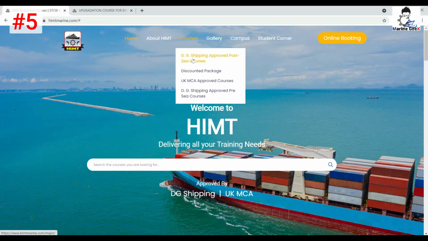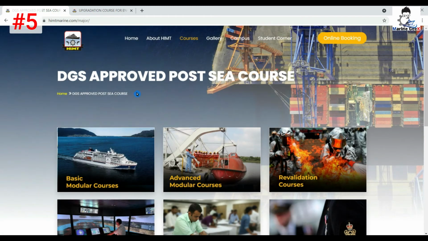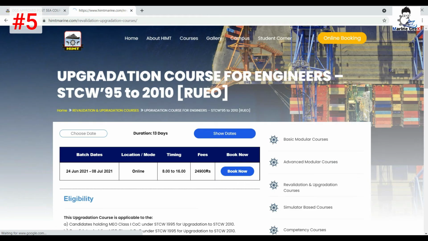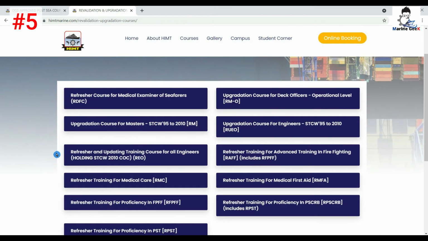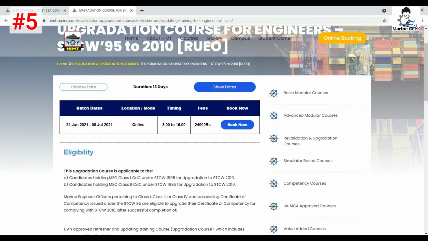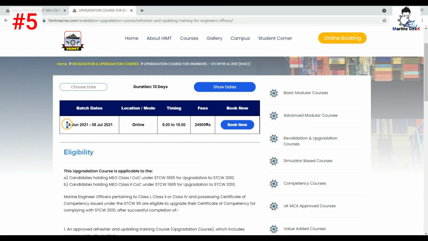I have found out that HIMT is conducting this particular course for engineers, at least the 11 days course, and you can see directly from their website that they have clearly mentioned that the REO course is there for STCW 2010 to 2010, and the RUEO course is clearly mentioned for STCW 95 to 2010, and also the upgradation courses for your deck officers are there. Upgradation course for masters is also there, and you can select and book now, and from 24th June the course is being started.